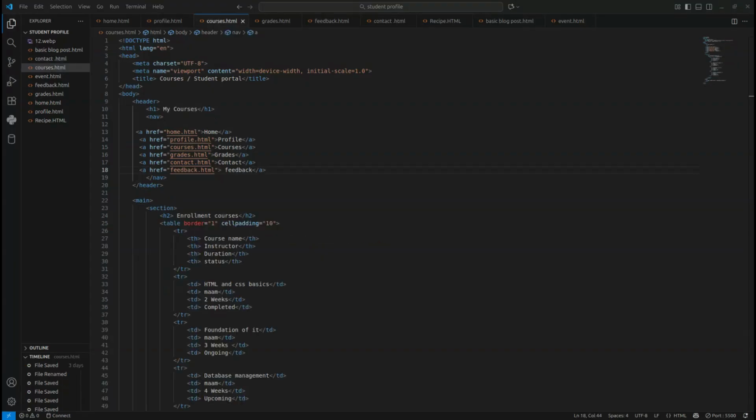Good evening, everyone. Now I will explain how I made my course.html. First, we already know that we have to use doctype and language and head and body. Then I give a heading here, My Course, and I use here a href for links, and then I use here navigation to connect all these HTML web pages with each other. And I give here a main. It contains